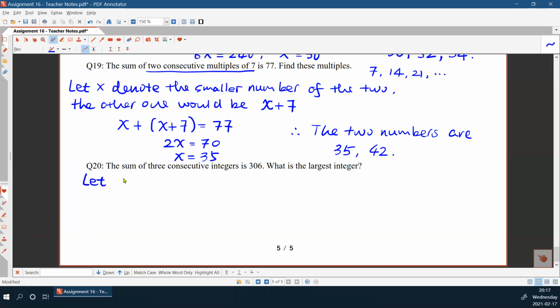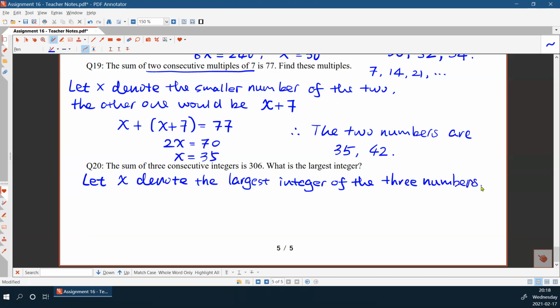So we can use a letter x to denote the largest integer of the three numbers. Okay, and as long as you solve x, you get the largest integer, right? Okay, so